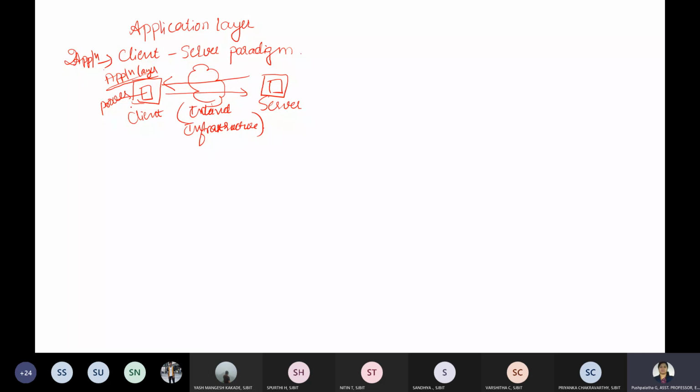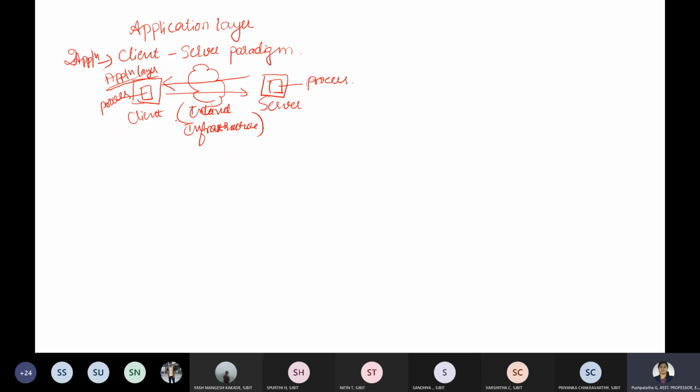Here a client will be running one application and the server will be having one application, so we call them the client process and the server process. There are normally two processes. The server process must run all the time, and the client process need not run all the time, but it is started whenever the client needs some service from the server.